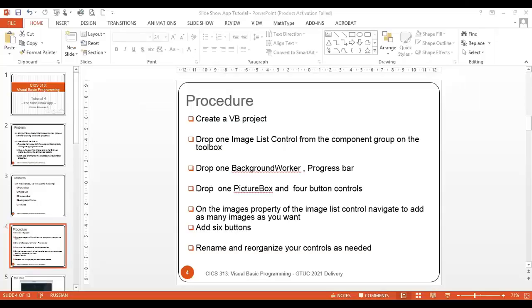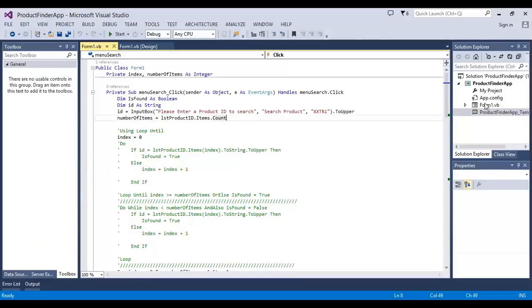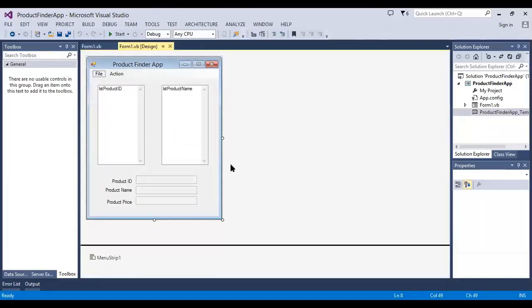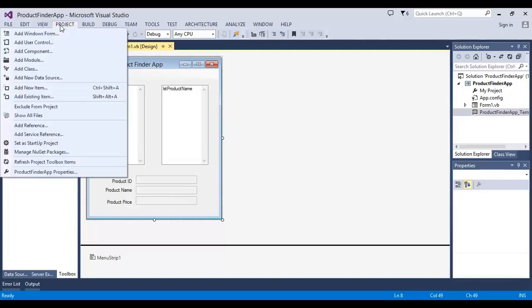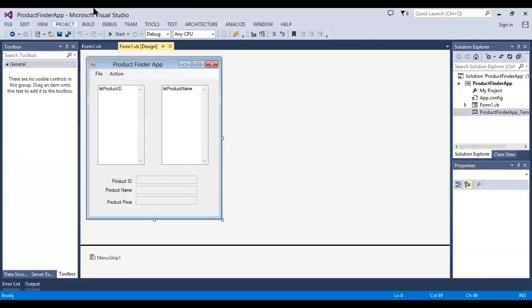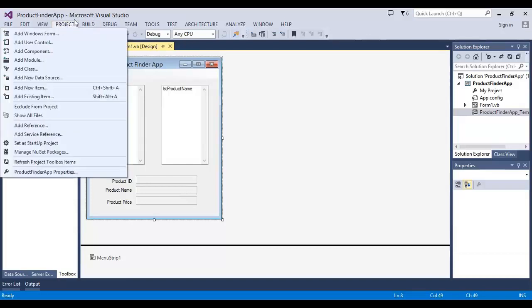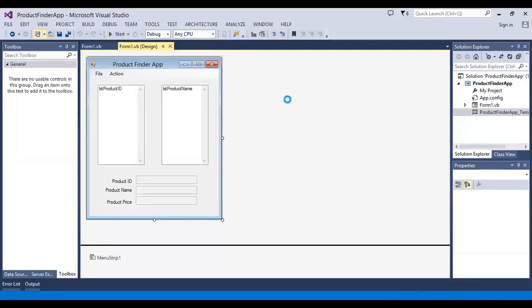All right. So let's go back to our Visual Studio. This is our good old Visual Studio that we've been working with. So this is the project from our previous tutorial, in which we designed a product finder app. Now, in order to complete the next tutorial, we would need to add a new form to our project. So we can add a new form by going to the menu, selecting project,